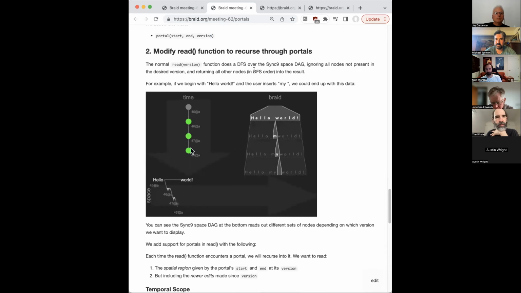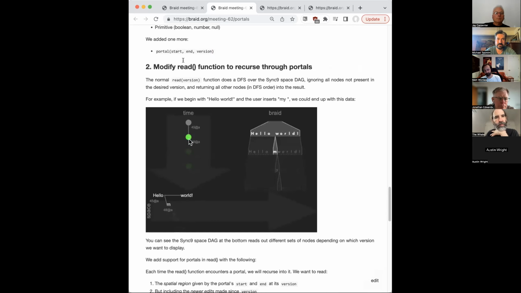And so our read function, I'm pretty sure, calls itself again, but with some new parameters, because you want to tell it to find that start and end position at the version that the portal was at. But once you get there, print out all of the new stuff that has happened within that range since the portal was created, or whatever gets merged into there.